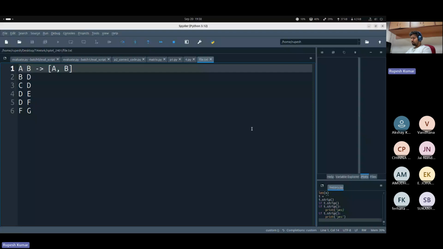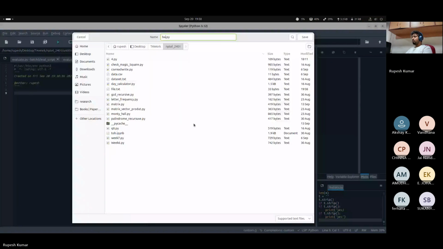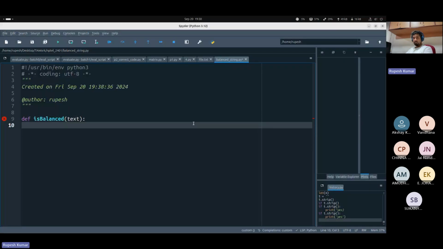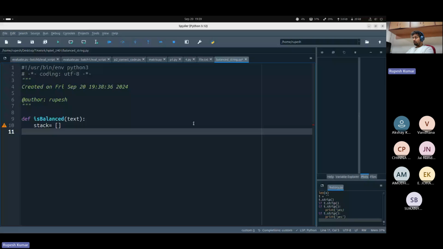So let's call it balanced_string.py. Let me zoom in a bit. Let's define a function is_balanced, and let's take in a text. Then within the function, we declare a blank list. Let's call this stack. Now, for each character in the string text,